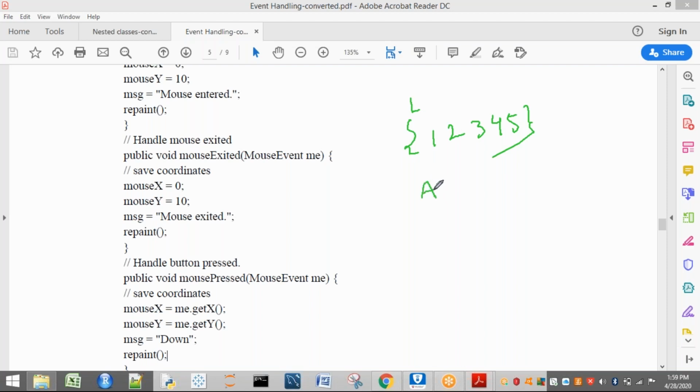My adapter class is going to implement that listener, and it may be any listener's adapter class. It just gives empty bodies. I don't bother about adapter classes because it is not my code. Internally, it gives empty bodies for all the methods of the listener.